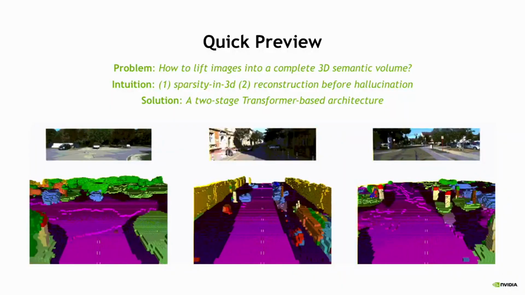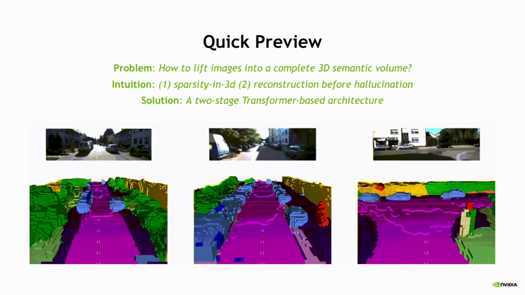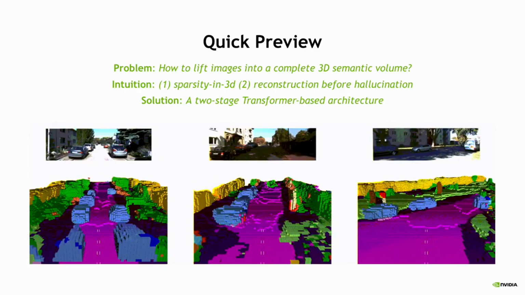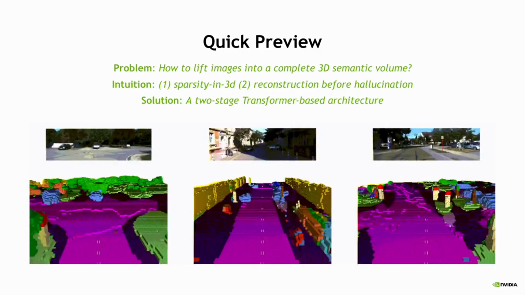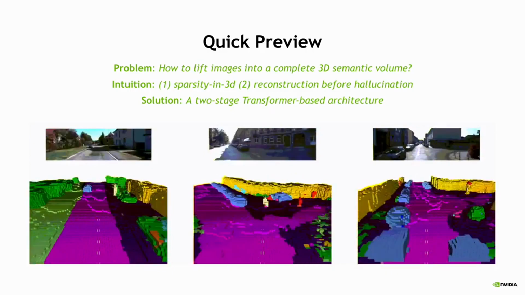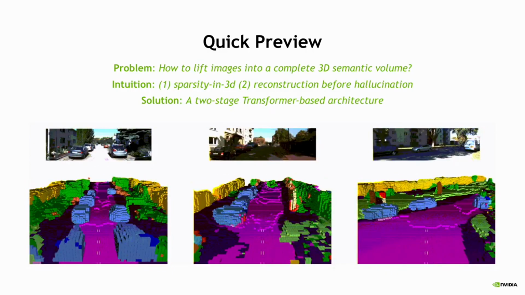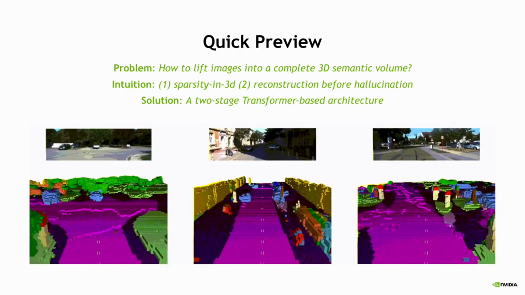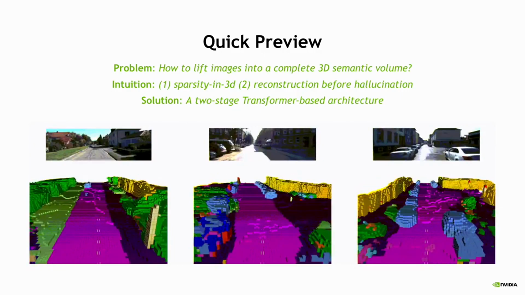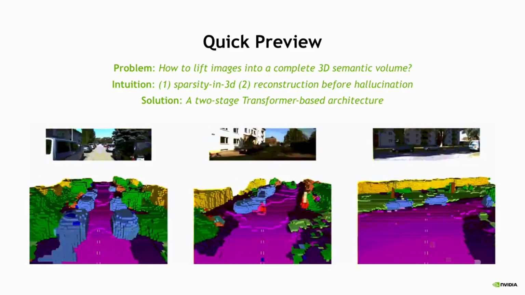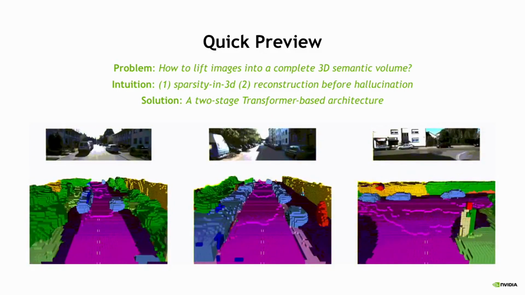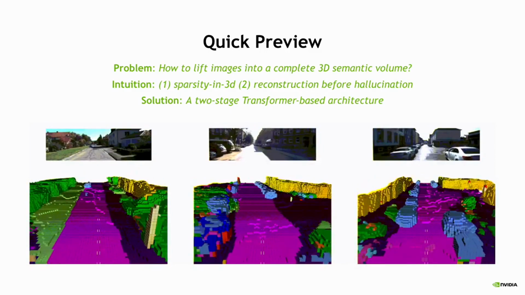Firstly, let's do a quick overview of our paper. Our target problem is how to lift RGB images into a complete 3D semantic volume. To solve this problem, our basic intuitions lie in two folds. The first one is how to leverage sparsity in 3D, since there are a lot of empty spaces in 3D space. And the second one is reconstruction before hallucination will provide better featurizations to learn complete 3D representation. And to leverage these two intuitions, we design a novel two-stage transformer-based architecture to achieve both efficient and effective 3D